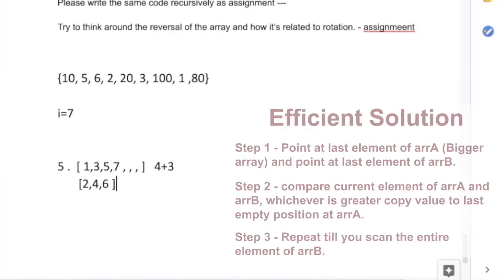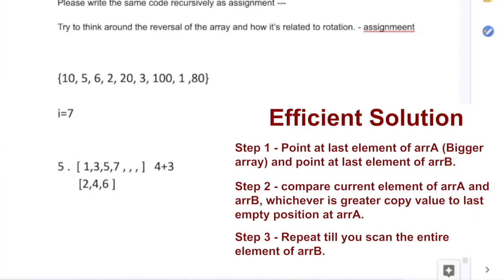Now normally this is basically an extension of the merge sort. In the merge sort there is something called the merge function, right? In the merge function you take two sorted arrays and merge them, and that happens in linear time. In that case you use a temporary array to merge the two sorted arrays and then convert into a single array. This is what you do in the merge sort merge.